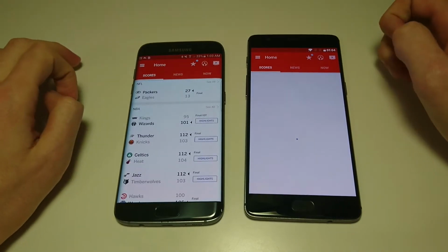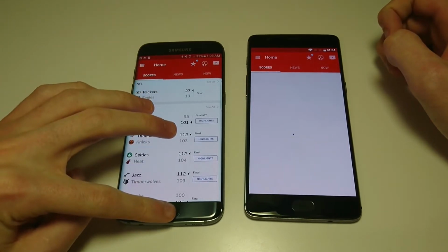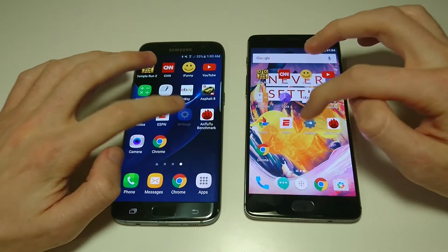Next up, ESPN. And this is a very slow loading app, sometimes it doesn't work, but you see here, first one loaded up on the Galaxy. So that's the first one that goes to the Galaxy. Next up, let's do settings,